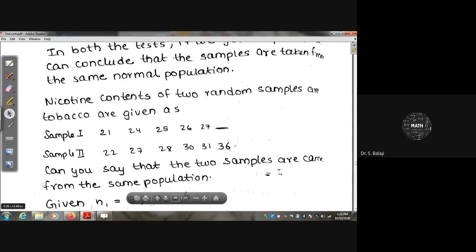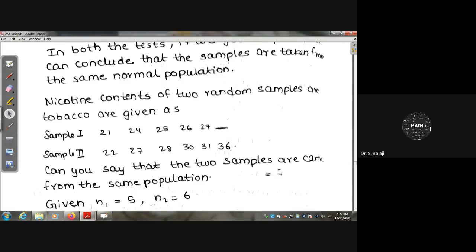First, you have to check any significant difference in the sample mean values; for that you apply the t-test. For population variances you apply the F-test. Both tests you have to apply here. Can we try here? We will try one by one, give the answer here.